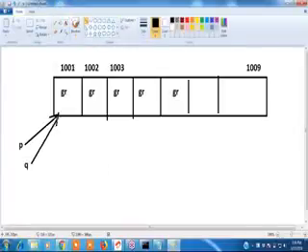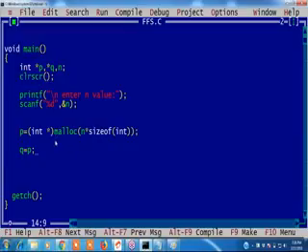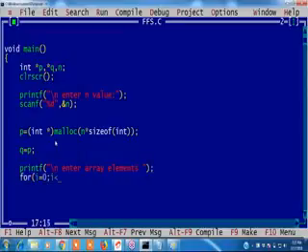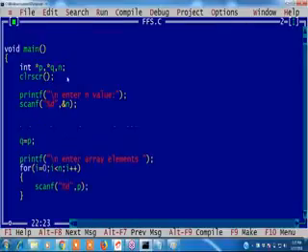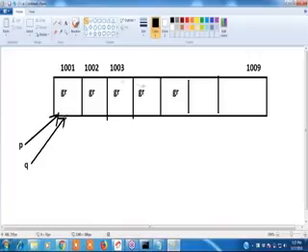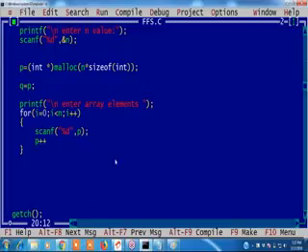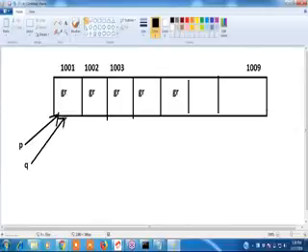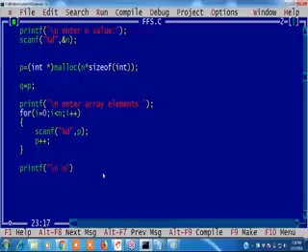If I write, what will happen? Int star of malloc of 10, right? Then what will happen? 10 bytes will be allocated. Guys, write this syntax. Int star p, p equals int star of malloc of 10 bytes. Draw this diagram. If I write malloc of 10, 10 bytes will be allocated.